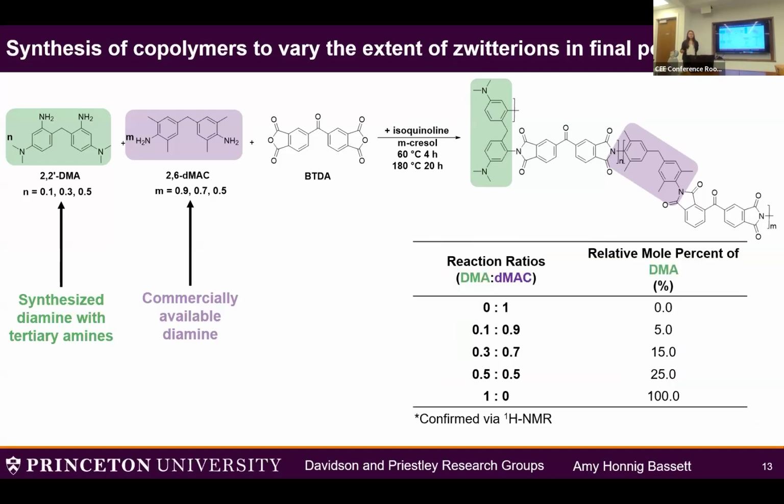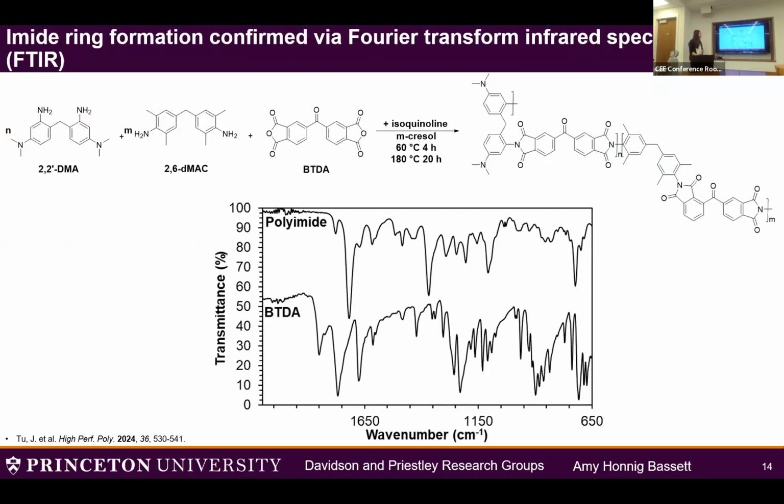And so I have synthesized a variety of these copolymers with varying amounts of this green moiety, with 0, 5, 15, 25, and 100 mole percent. And these were all confirmed using proton NMR. Now I've also confirmed that these have in fact created polyimides by using Fourier transform infrared spectroscopy, or FTIR,